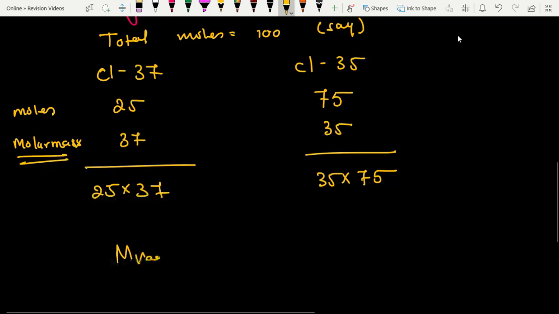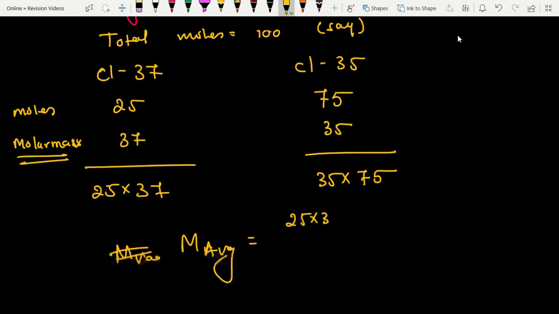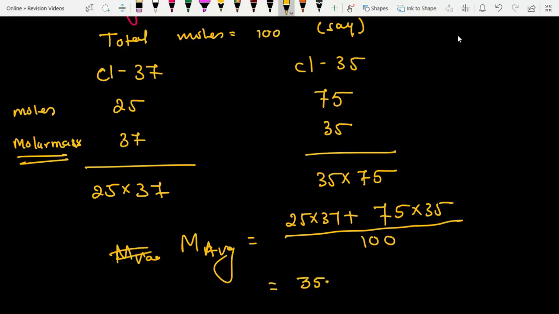Now, the formula for average molar mass: M average will be equal to M1N1, which is 25 into 37, plus M2N2, which is 75 into 35, divided by N1 plus N2, which is 100. Once you solve this, you'll get average molar mass or average atomic mass to be equal to 35.5 gram